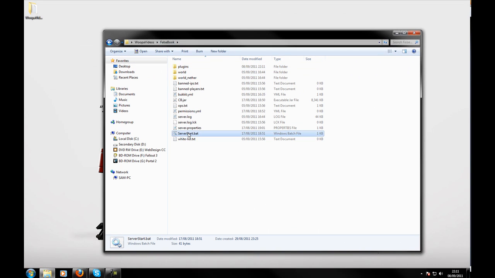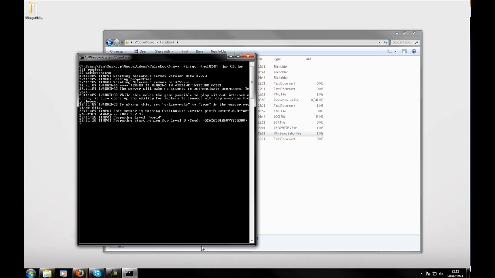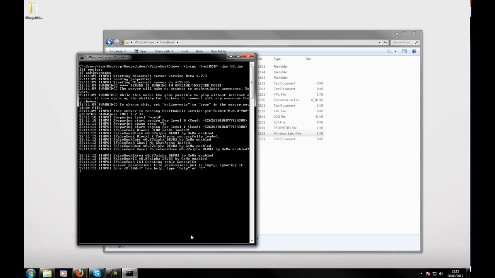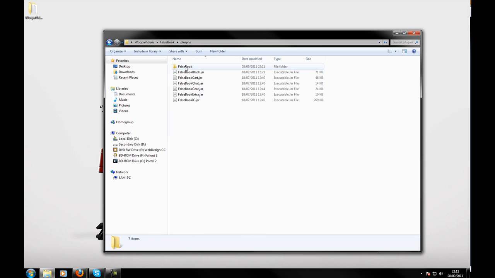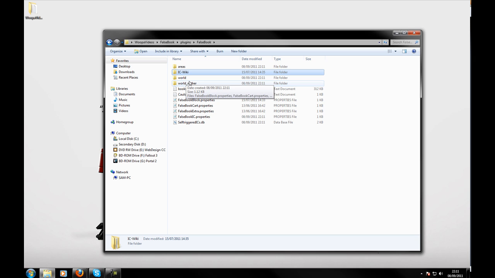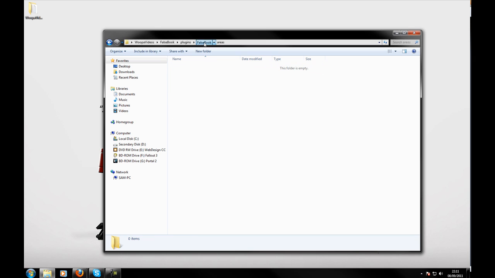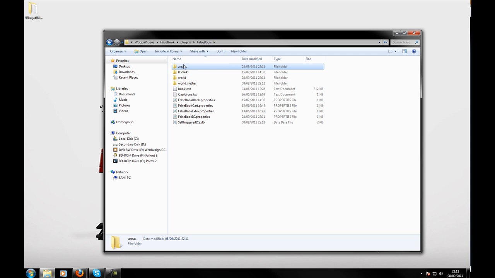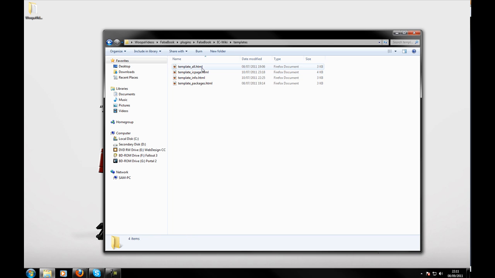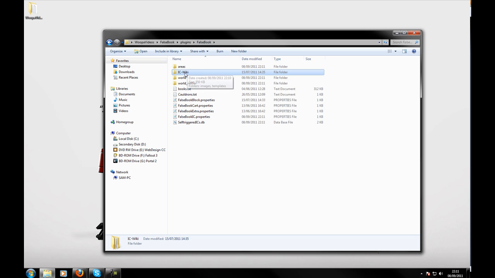So we're just going to run the server just to create any files, and then we have all this FalseBook stuff. Then go to your FalseBook directory and you'll get all these things: areas, IC wiki, world, and world nether. Okay, so areas, this is where your toggleable areas will be stored, so you don't have to worry about that. IC wiki, so this is where